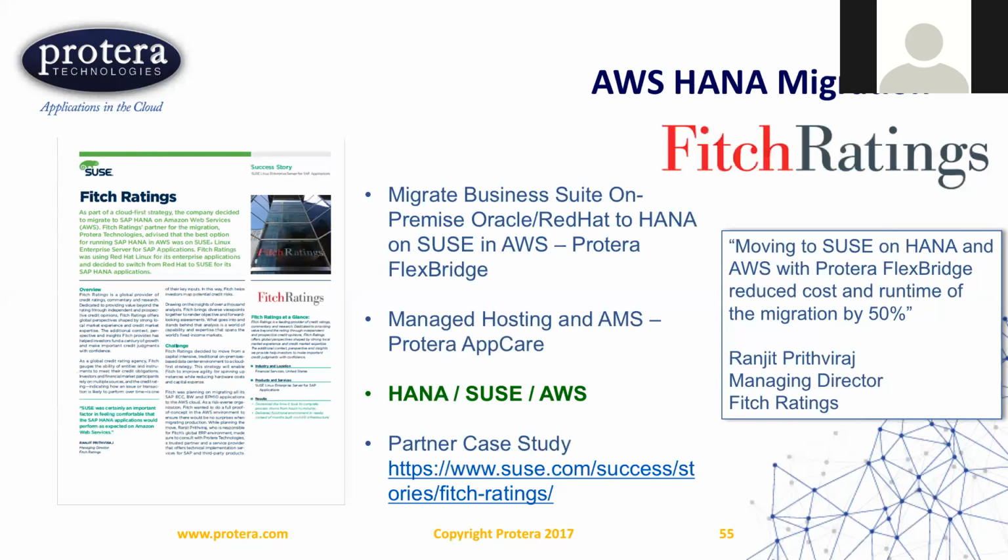That was done with the Protera FlexBridge solution, and then also go-live support was provided with AppCare. This case study is very, very new. It just came out, I think, in the last day or two. And you can see the cost savings and the runtime of the migration, the total runtime,